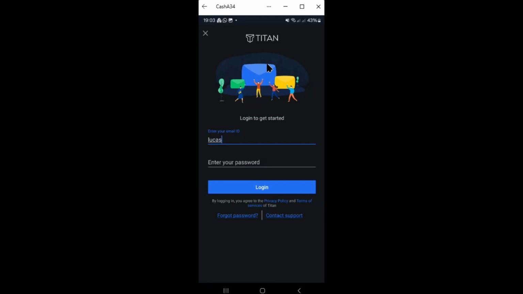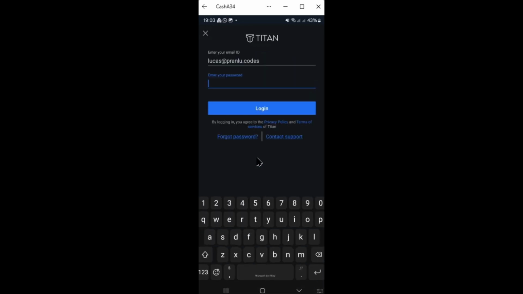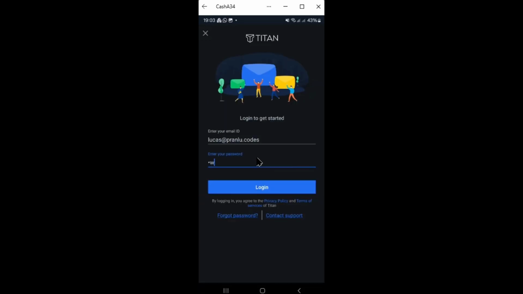The add sign. There we go. Then we'll enter the password we just set up. Then I click login,